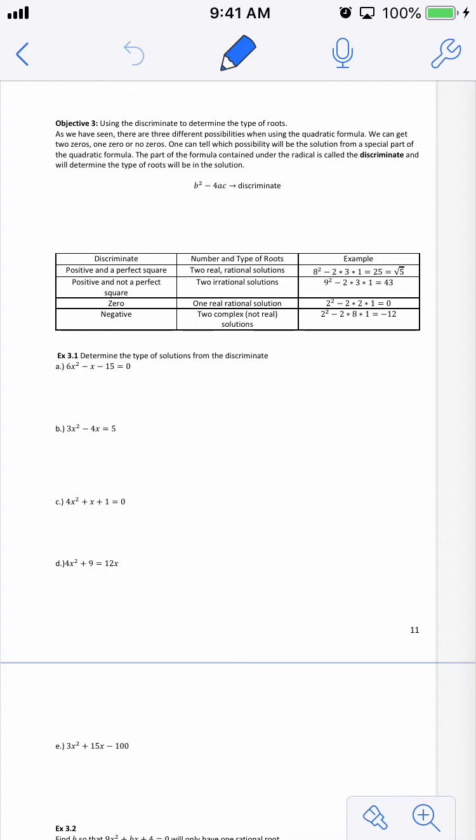Alright, welcome to 8.3b. 8.3a was all about the quadratic formula, and we kind of ended on the note that we had 4 different types of things happening. Okay, so this video is about the discriminant. We'll talk about what that means in a sec, but if you remember, we ended with the 4 different types